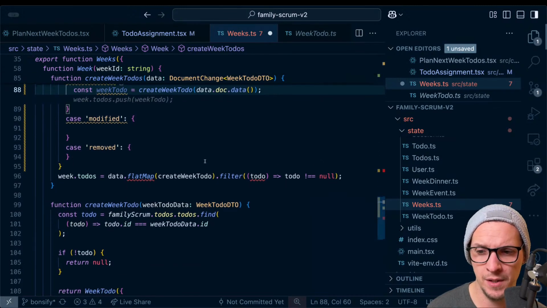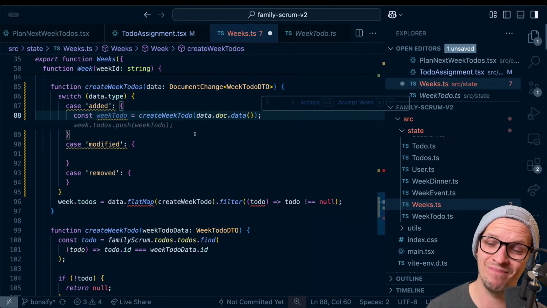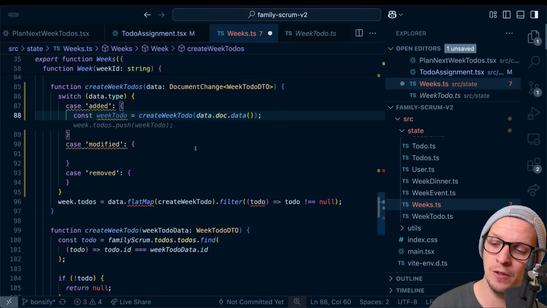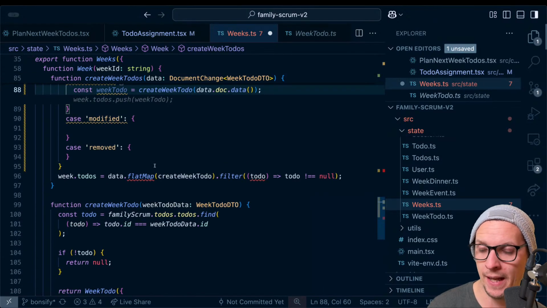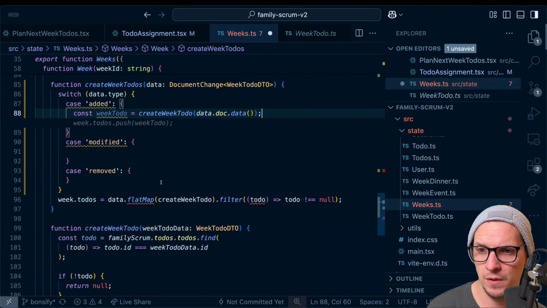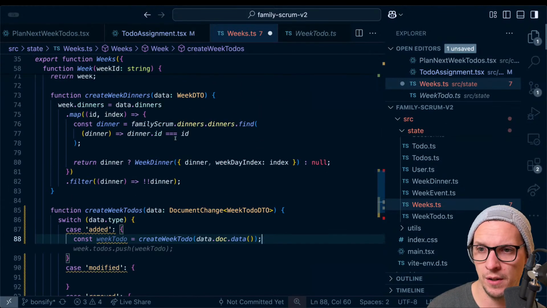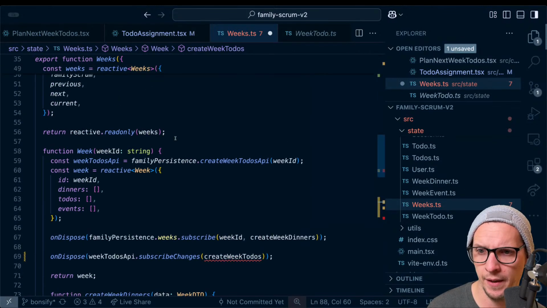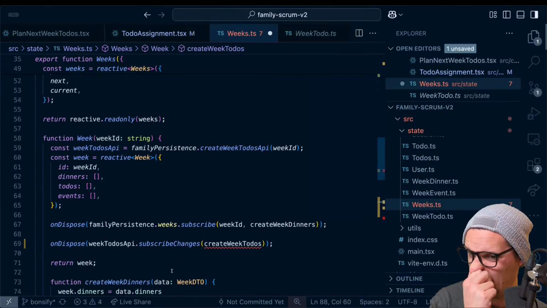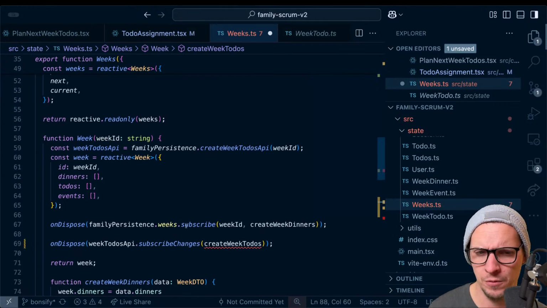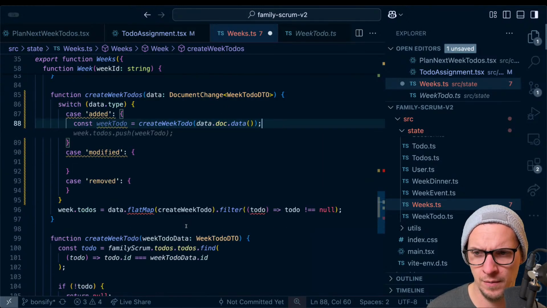there. And the reason we're gonna assume it is because the weak to-dos do depend on the to-dos being available regardless. They can't display without them. So we're just gonna make sure that we don't actually go and subscribe to this until we actually have the to-dos at some other point. But